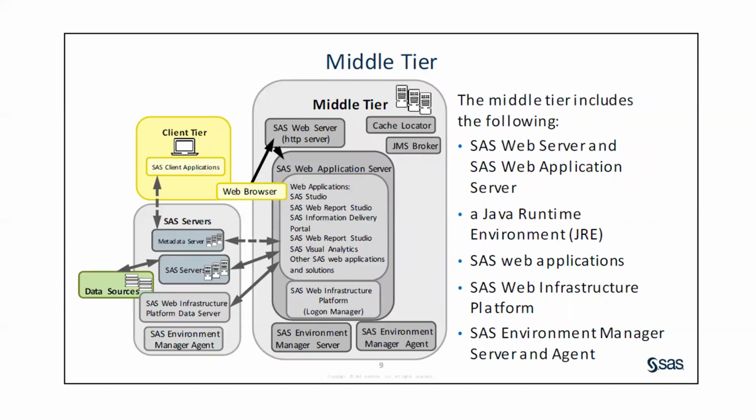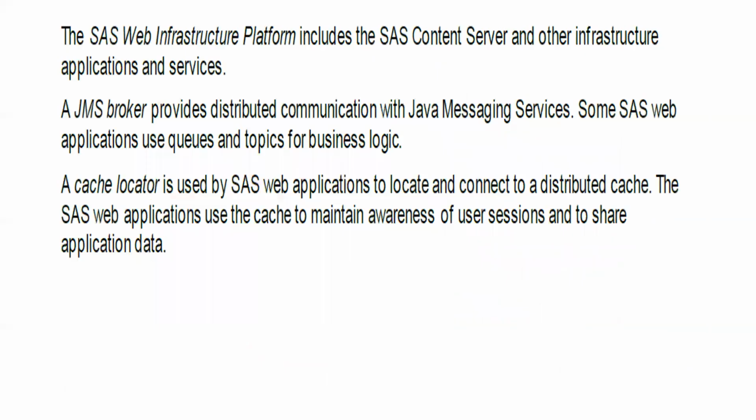So how are these web tiers managed? Usually a Java runtime environment is mandatory, because most of the client tiers are developed on the Java environment. All the SAS tools were developed on the Java environment. Some tools like dashboards were developed on Flash, but most of the SAS tools are developed in the Java environment only.